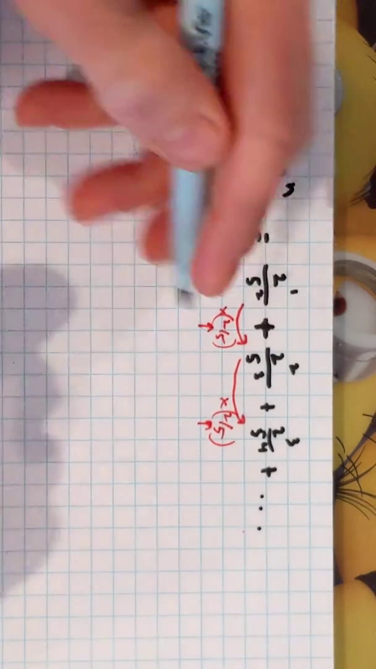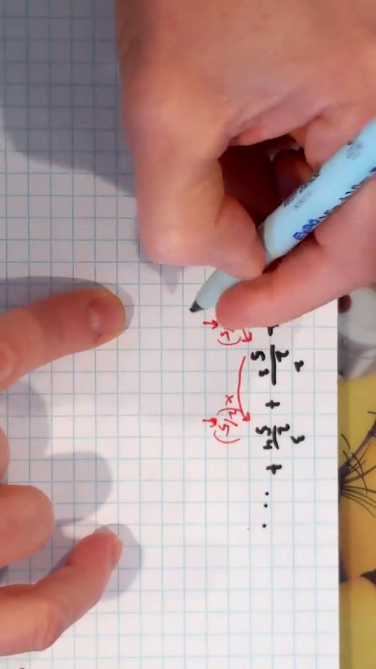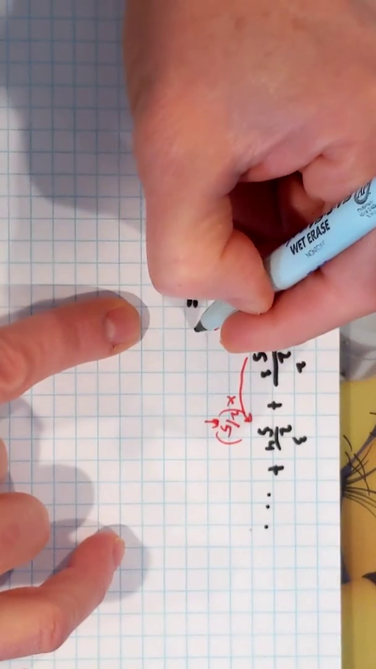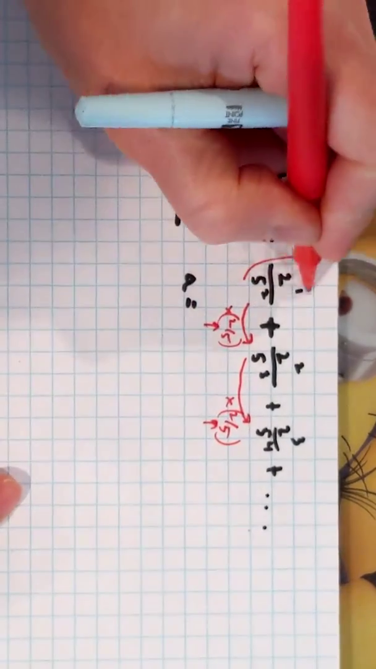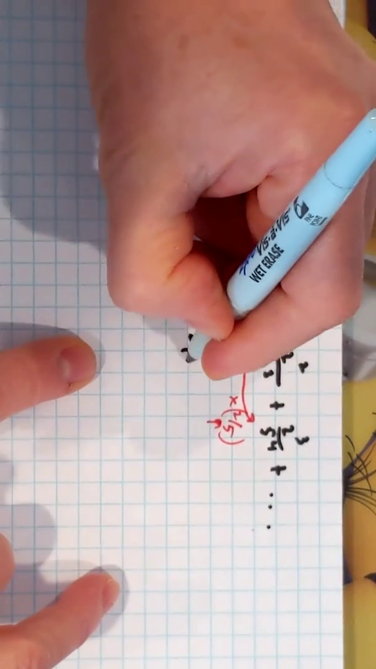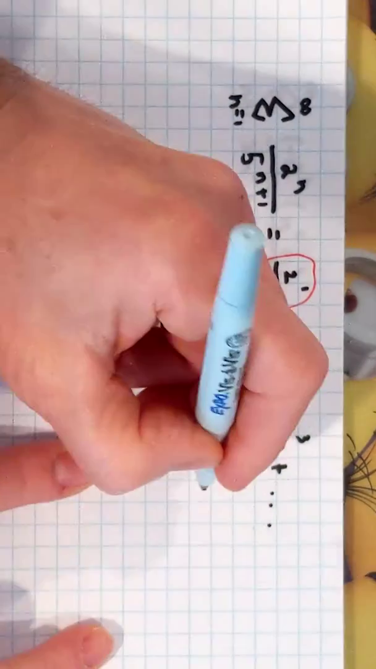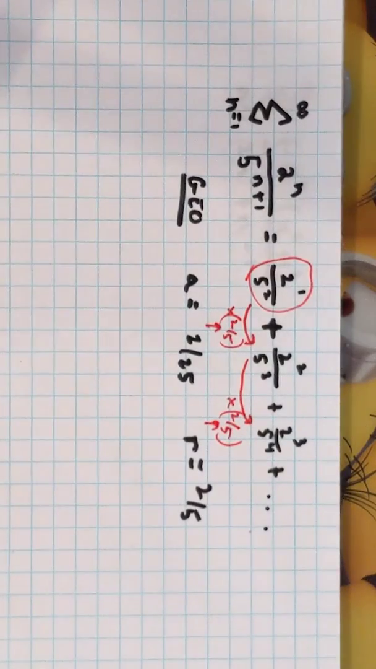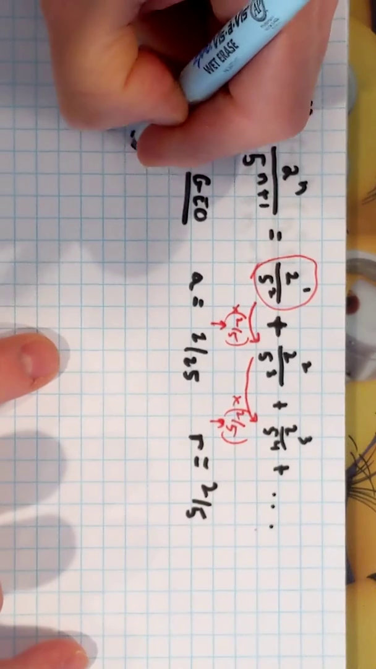It's geometric with the following. First term is 2 to the 1. My first term is right here. My first term is 2 over 25 with an r of 2/5. So to answer the question, does it converge? It converges